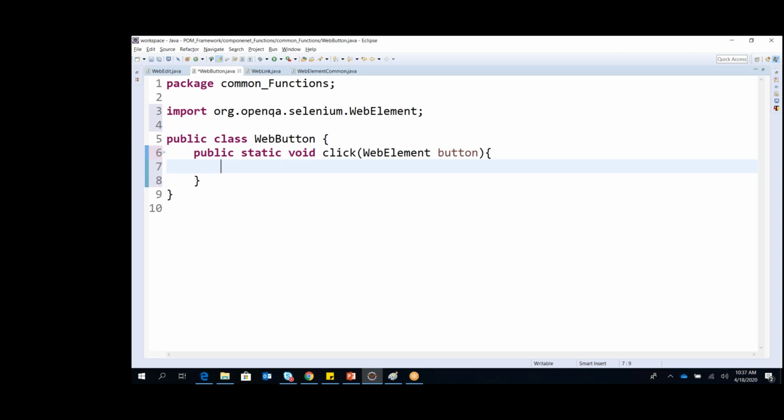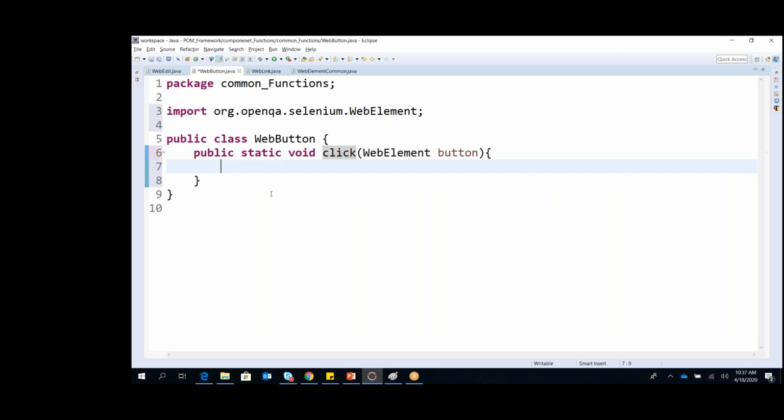Whenever a method is static, you can access it outside of this class with the class name dot the method, so that when someone else looks at your code, it is very easy to understand what action you are doing. That is, you are doing a click action on your web button.